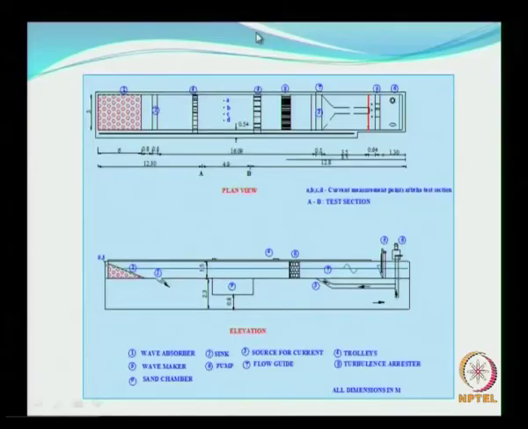The top one is the plan, so you have the screen here, and then you have a diffuser for the currents, so that you have some kind of uniformly distributed current, although it is quite difficult to achieve, but still we can obtain a reasonable current, and this was quite useful for carrying out all the tests with wave-structure interaction. As I said earlier, it is only a plunger which used to move up and down.